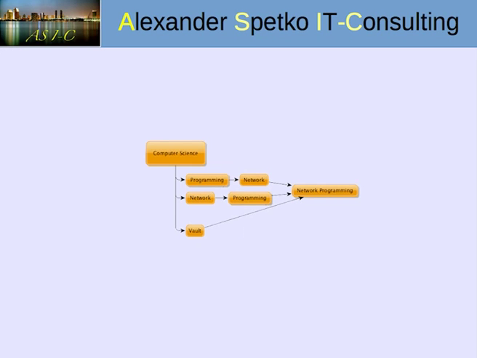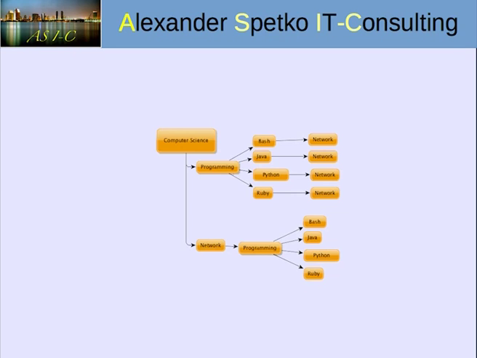So let's get a little bit more complex here. This example is a little bit more complex, and I'm not going to read you all the names of the directories, but it is more than obvious that this is just an excerpt of the directory structure, and folders like programming would have more programming languages in there. Let's concentrate for a moment on the Java subdirectory. Of course, Java would be divided into more directories like GUI, for example. I don't want to go too deep into the details of Java programming.